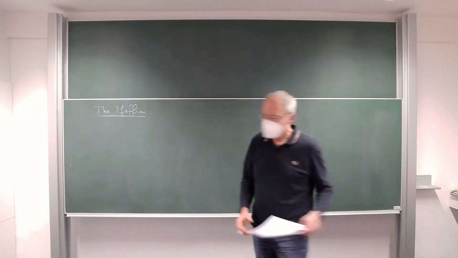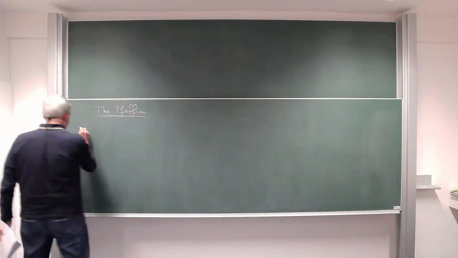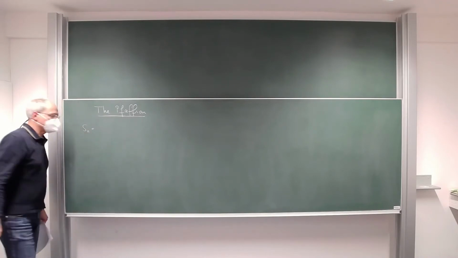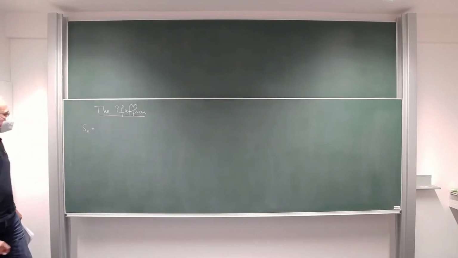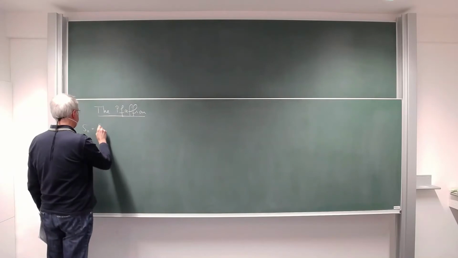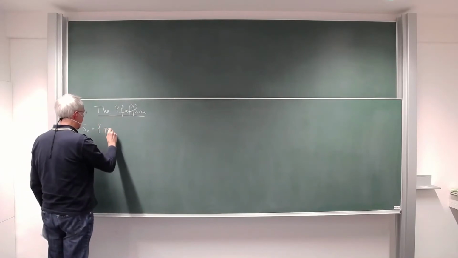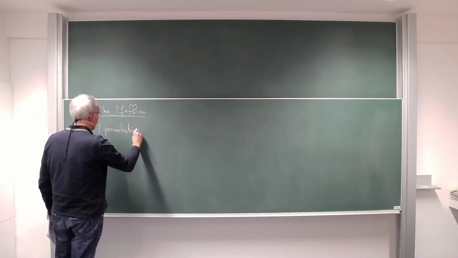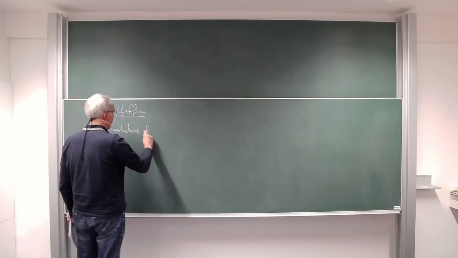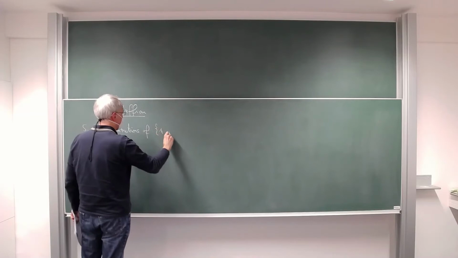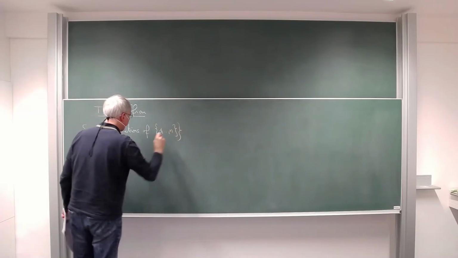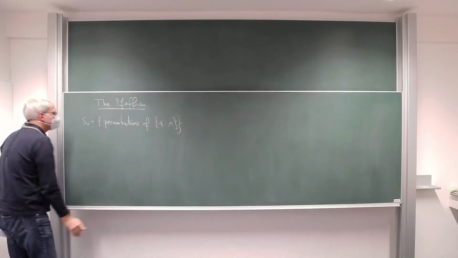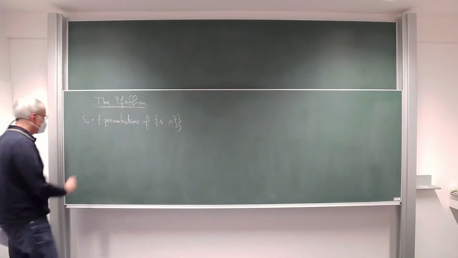I will use this notation Sn for the permutation group on n letters. So that's the group of all permutations of the set 1 up to n. And recall that the determinant can be written down using these permutations. So recall